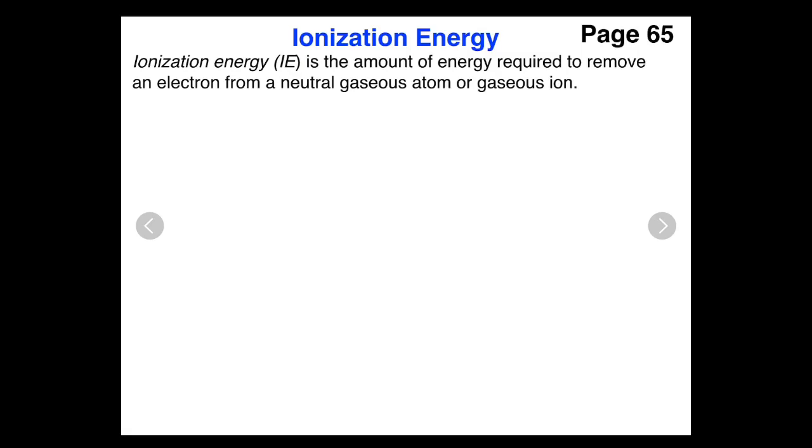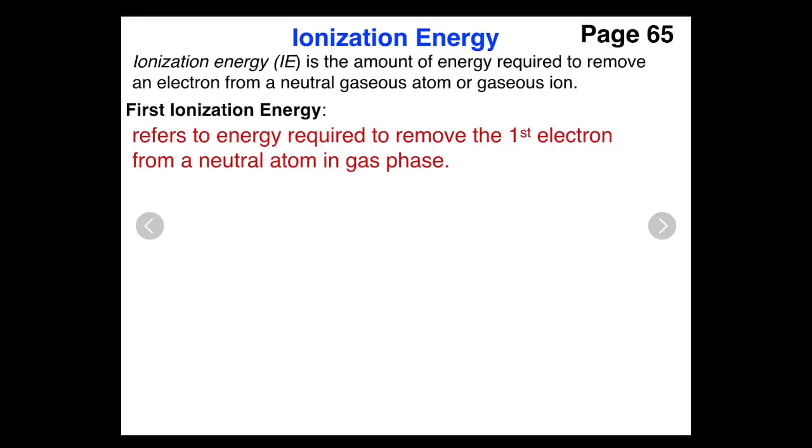The next trend in the periodic table that we are going to take a look at is the ionization energy, which is the energy required to remove an electron from the gaseous state of either a neutral atom or ions. Because an atom contains several electrons, each electron will require a certain amount of energy to be removed. The first electron that is removed from the neutral atom, the energy required for that is called the first